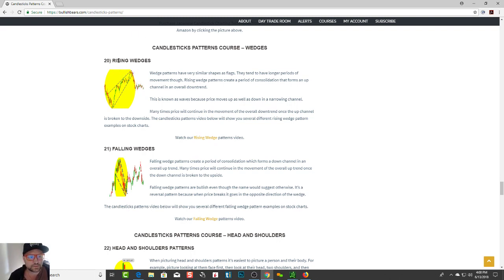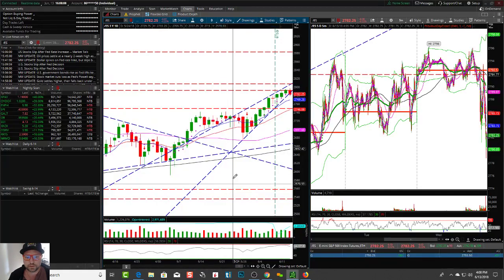That looks like it's a rising wedge. Let's go take a look. So a rising wedge. Let's go over here and see. That looks like a rising wedge. Okay, here are the lines. Look what's happening now. Price is starting to fail outside of that rising wedge right over in here.